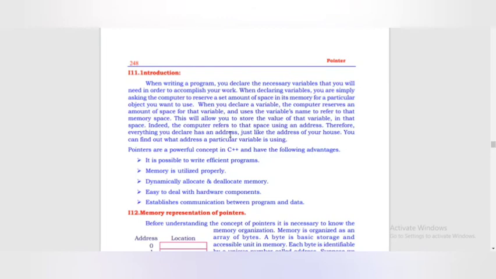If I want to find your house, it must have some landmark or address, and through that address I can find it. So every variable must have its address. You can find out what address a particular variable is using, and through that address we can find out the content of the variable. So this is why we need to declare variables, and what the usage of the address is and how it helps the variable in order to find its value.